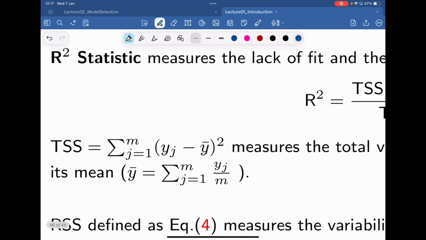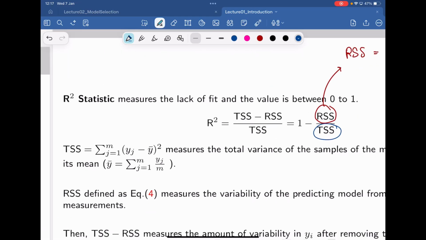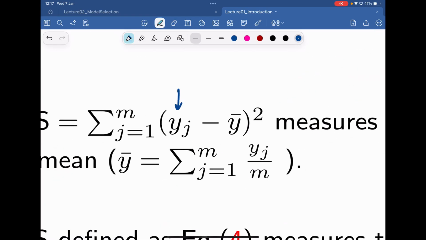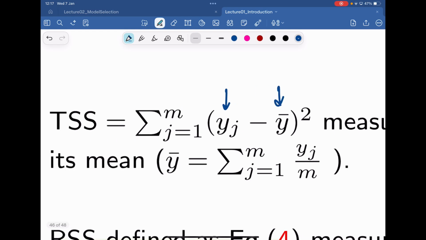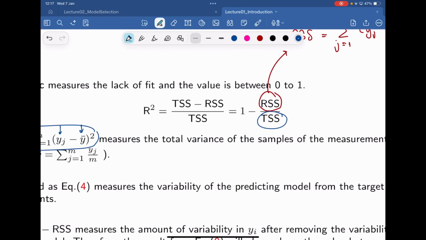TSS is pretty much the sum square of your reference, but with the expectation of it. So you have your reference, you do this sum square, it's like you compute the magnitude of your reference. So you know at least generally how large that is. And you use it as your